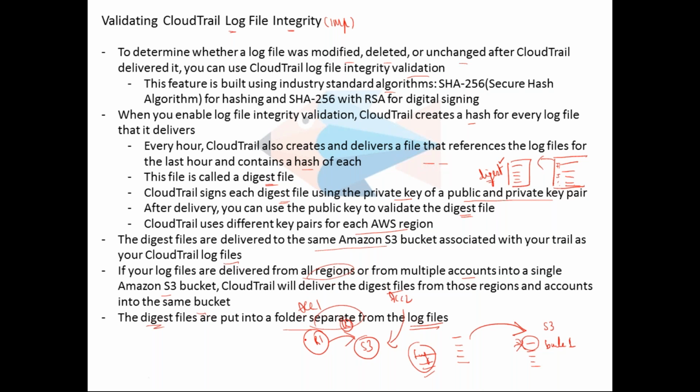That's how it separates them. So that's about validating CloudTrail log file integrity.